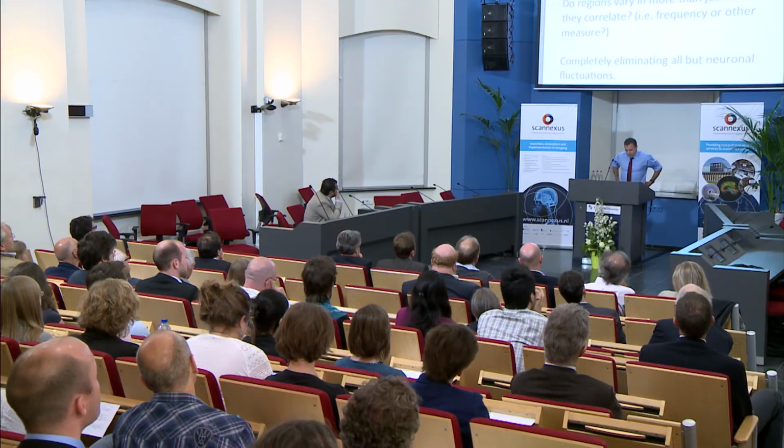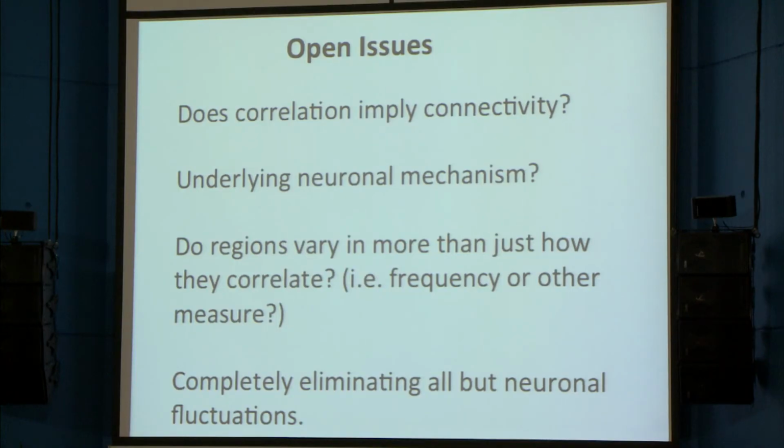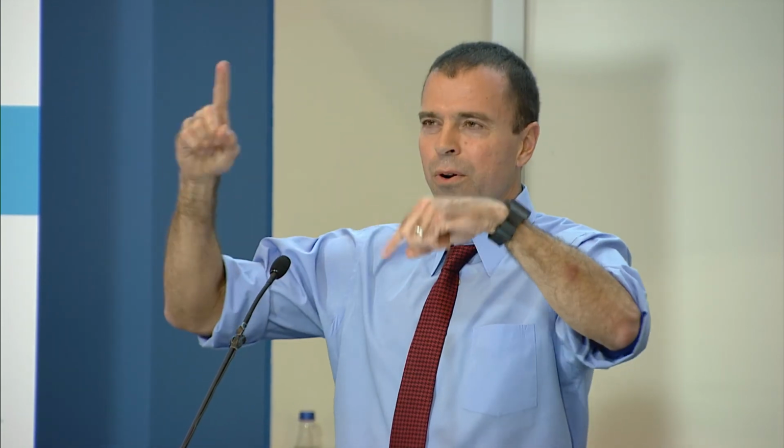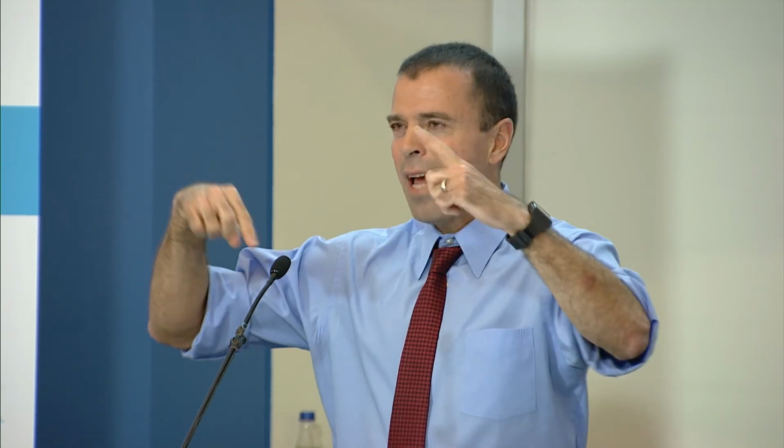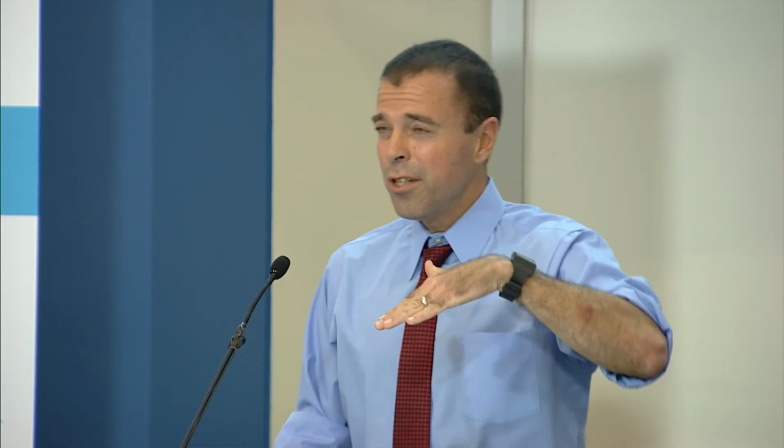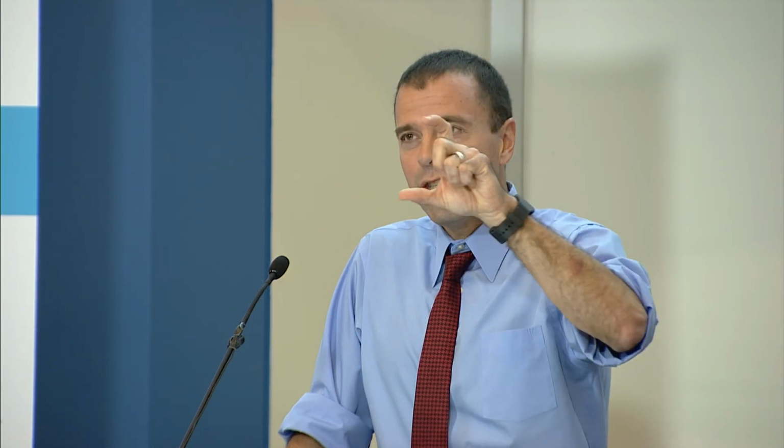To conclude, I just want to finish with some open issues. It's important to make a distinction between time series correlation and connectivity. Correlation really doesn't imply connectivity at all. It suggests connectivity, but it doesn't mean that there's a connection there. You could have time series that seem to correlate, and it doesn't mean they're talking to each other. It just means they happen to be correlating at that time. Or you could have a reduction in connectivity that is due to a reduction in the amplitude of both signals in the presence of noise, and that looks like a decrease in connectivity, but they may not be any less connected. So it's important to keep an open mind about that.